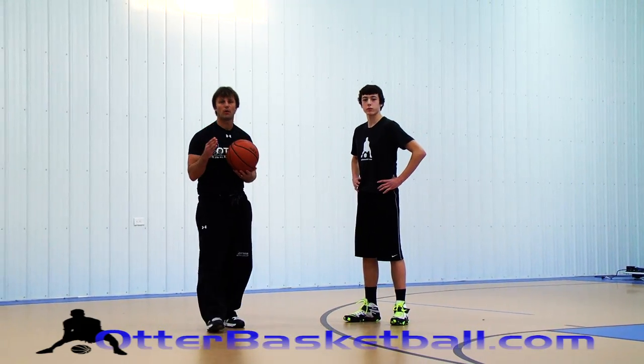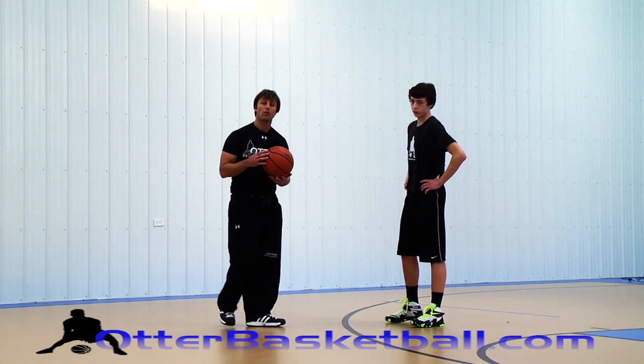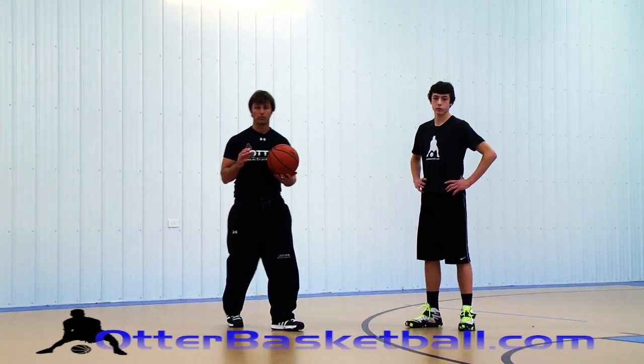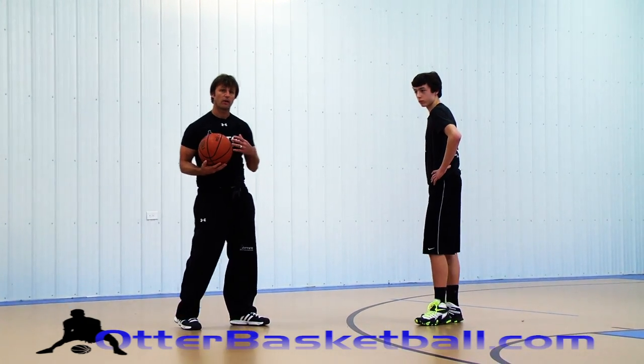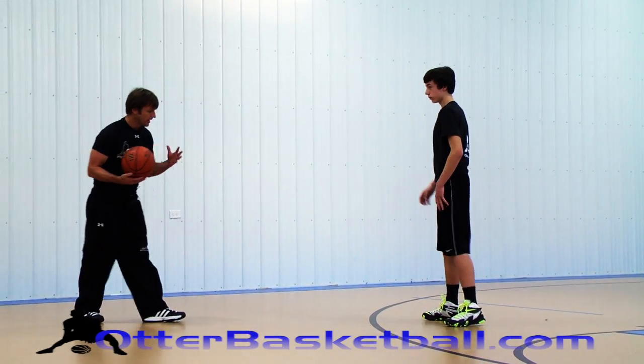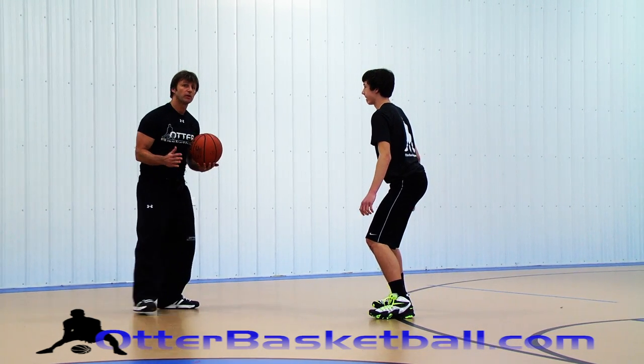Hey, today we're going to talk about some keys that you can do real quickly that'll make you harder to guard and more explosive off the dribble. One of the key components, we do it several ways, is we make sure that our players engage defensive players. If Colton's guarding me and I allow him to maintain this kind of space,